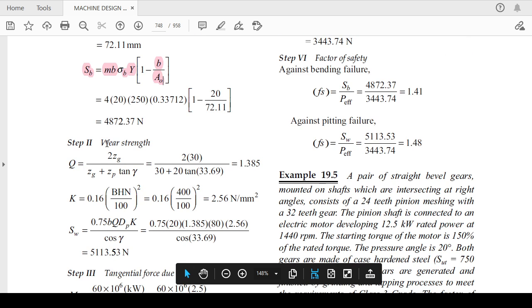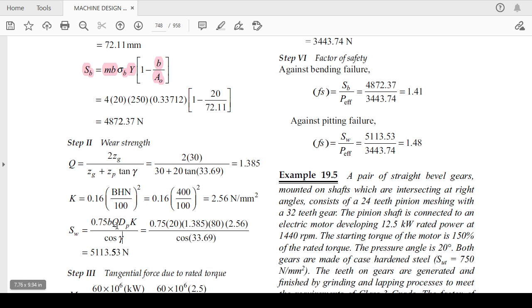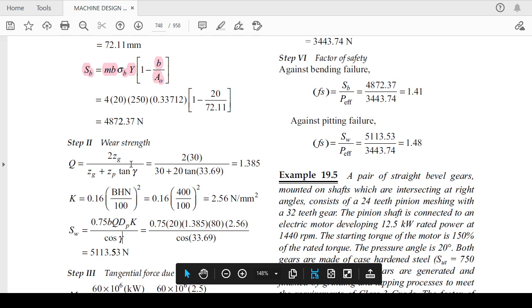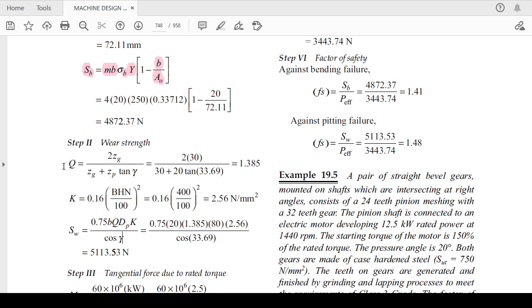Now you have to calculate the value of wear strength. Okay, wear strength is 0.75 B Q dP by K divided by cos gamma. Gamma you have already calculated, which is your pitch angle, and B is already calculated. Q and K value is unknown here as of now. Q is 2ZG divided by ZG plus ZP tan gamma. With the help of this formula, you can get it from your design data book and calculate this